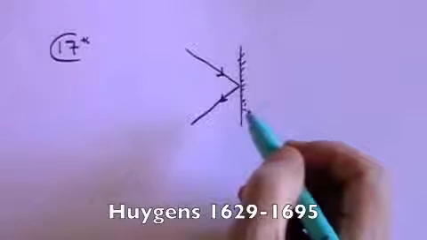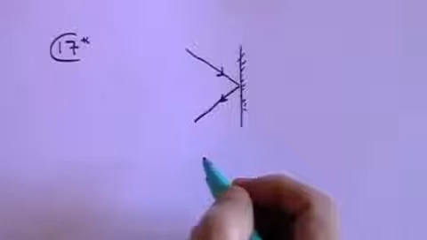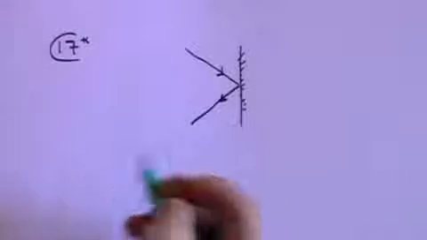Huygens, on the other hand, took the view that light was made of waves, and he said that every point on a wavefront is a point source of a secondary wave,